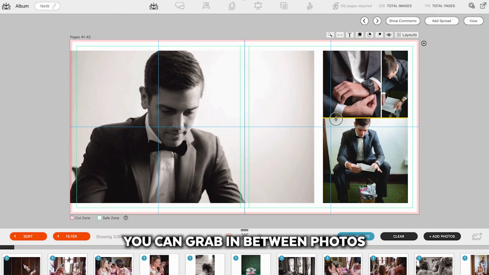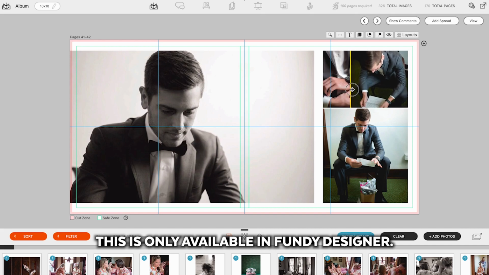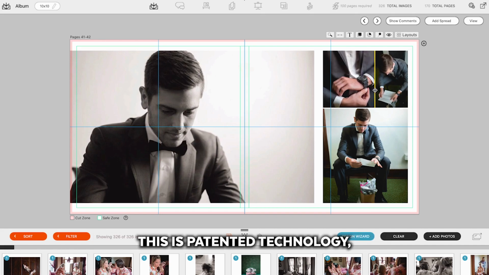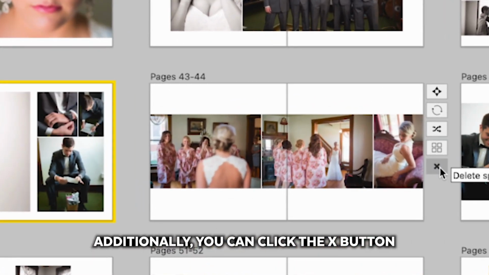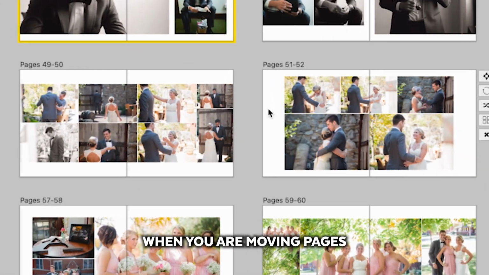You can grab in between photos and make micro adjustments. This is only available in Fundy Designer. This is patented technology, so we hope you love that. Additionally, you can click the X button to remove any spreads, and always remember that when you are moving pages,